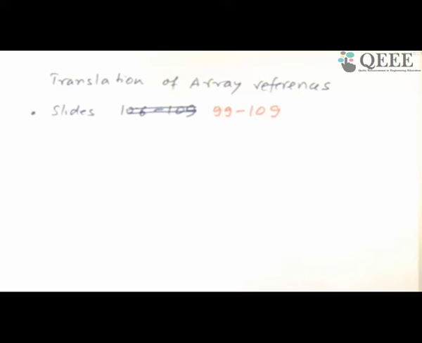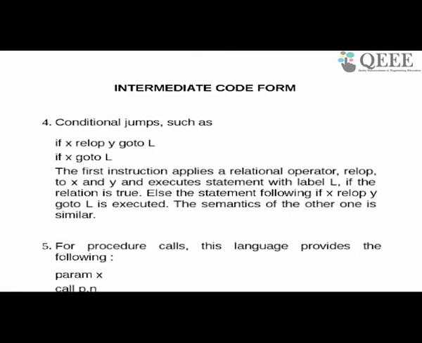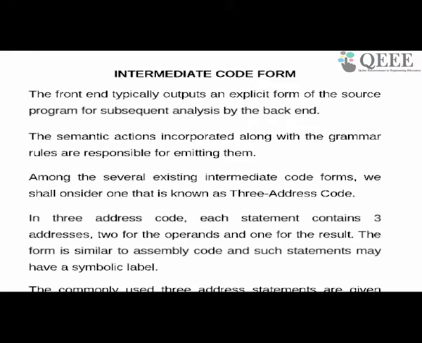Before that, I will just touch upon something I sort of ignored, which is the translation of assignment statements. I don't think there are any non-trivial issues, so read it and let me know if you have any doubts. The intermediate code form which I have used in these slides is roughly similar to what Aho, Sethi, and Ullman use. You should read from the slides; I'll just give you the numbers. That's all that we will use.